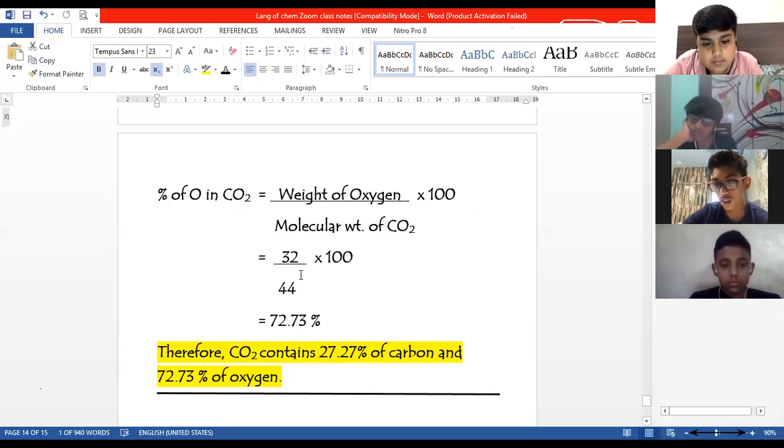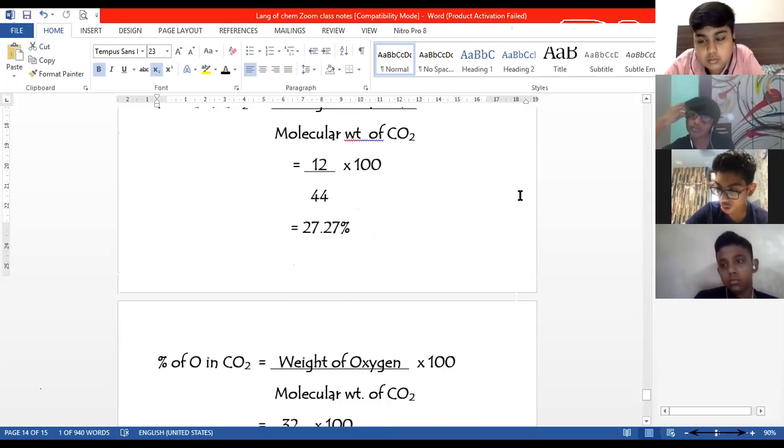It is totally fine. But then if you have more than 2 elements, it becomes a little difficult again. In that case, you can find the answer for the first 2 and then subtract the answer from 100 that way. But whichever method, you have to show the steps because steps carry marks. So that's very important. Right, Veer? Okay, sir. Thank you.